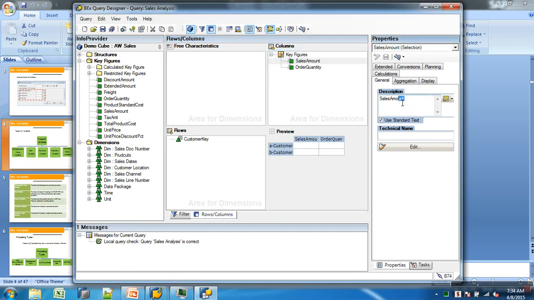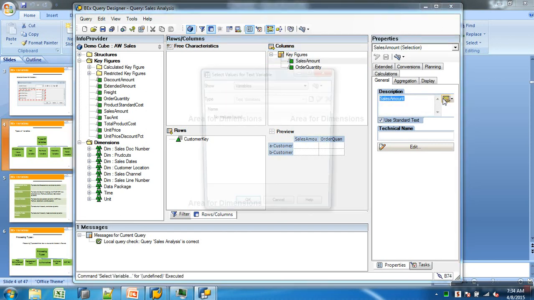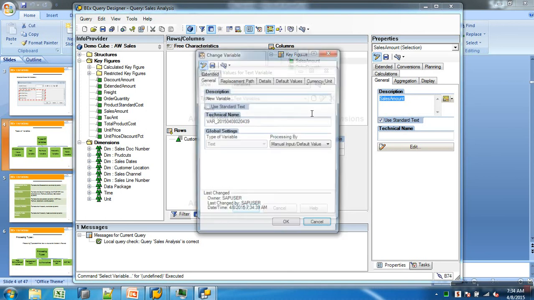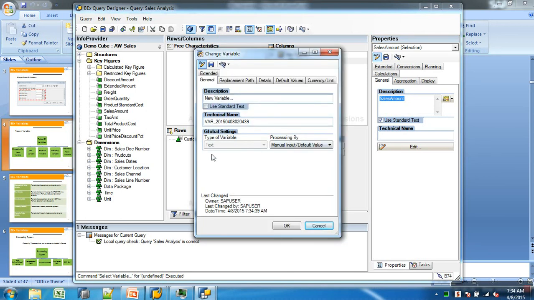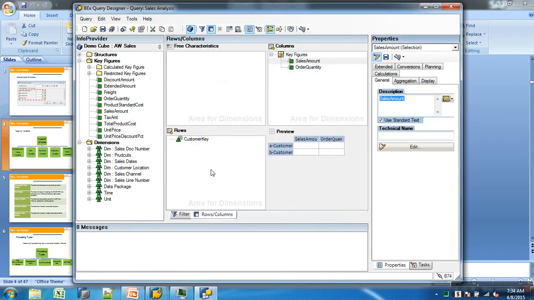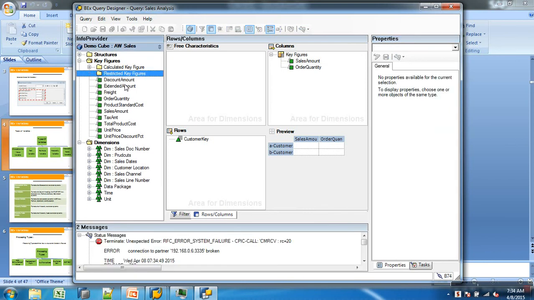Okay, this is a description of it. I can make this dynamic by using these text variables here. I can say create. So the type of variable is what? Text here. So that is one. And even in case of, say, you are building a